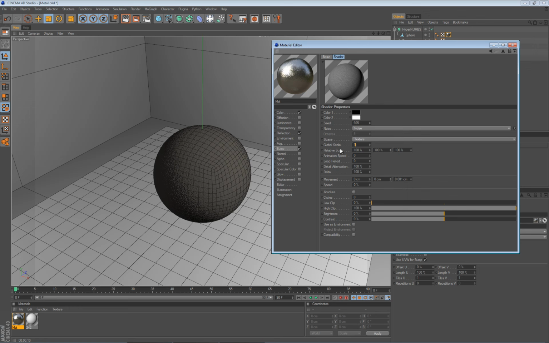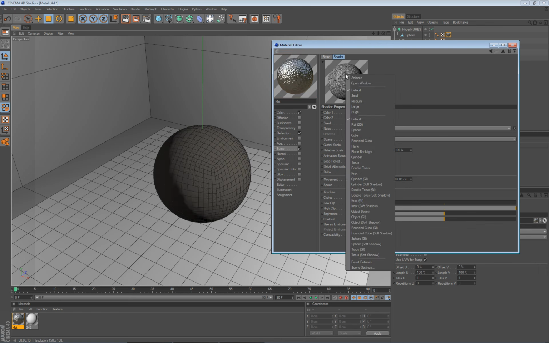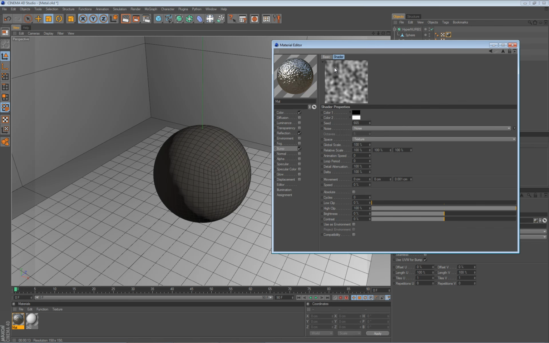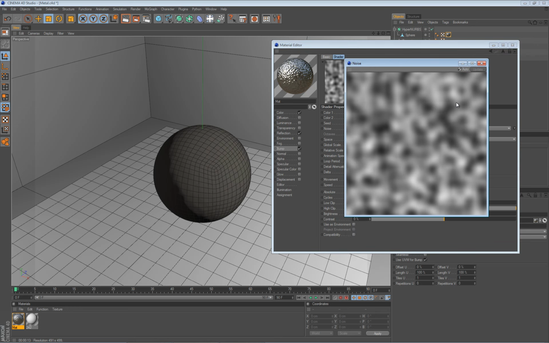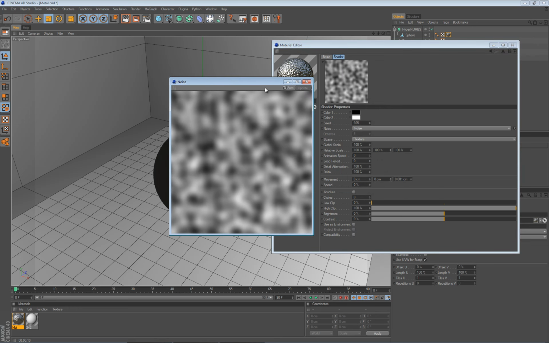I will put this scale back to 100% so I can actually see, and I will right click on this preview and set a flat 2D projection so I can see how this noise looks when it's flat. You can even right click and open a new window and scale it, something like this, so you really can see in detail what's going on in your shader. Okay,